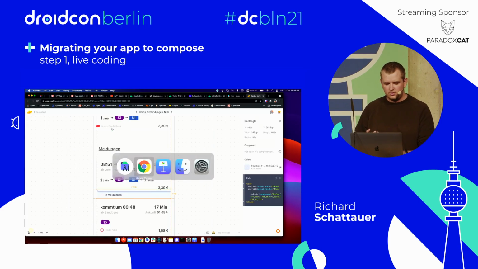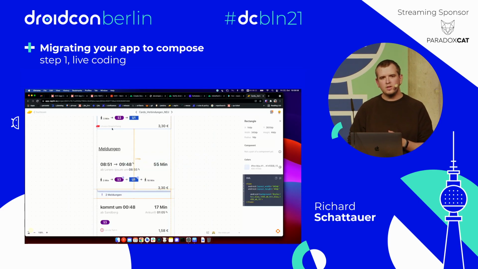When you look at it on this screen, you think, oh, it's really easy. There will be usage of ConstraintLayout, and if you see usage of ConstraintLayout, you should probably also try Row and Column first, or even Box if that's what you need, before you go with ConstraintLayout fully.